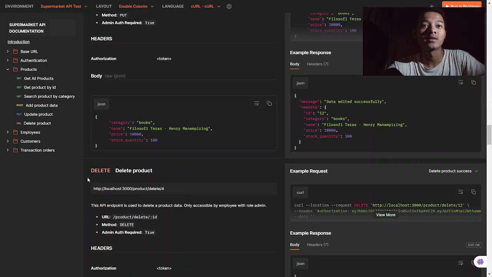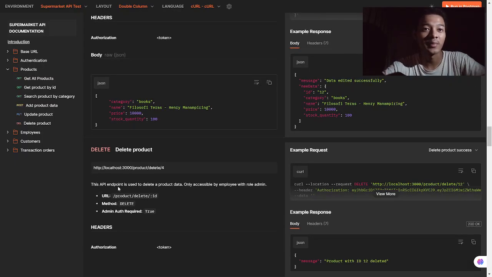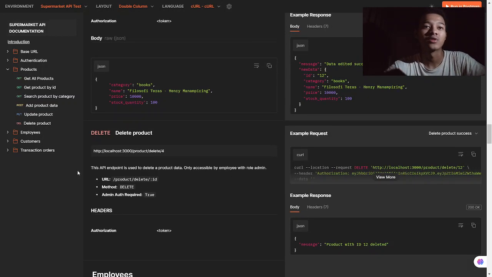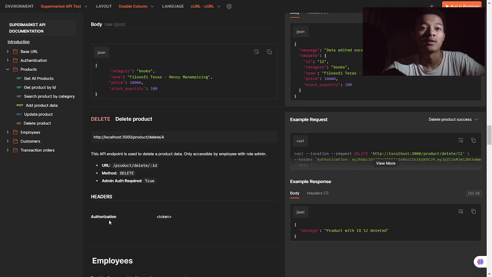We got the delete endpoint, delete product. The method is delete. So basically this API endpoint is used to delete product data, only accessible by employees with role admin, same as before. So the URL is /product/delete/the product ID. The method required is delete, and this endpoint requires admin authentication.